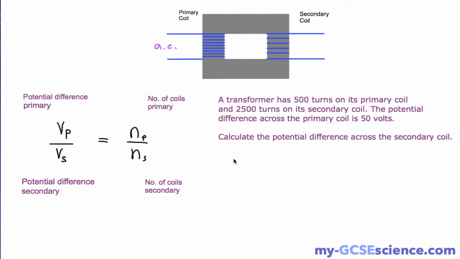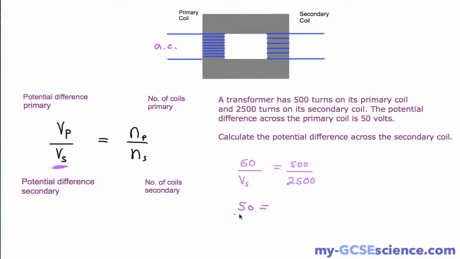So if you want to, have a go at this yourself now. And then I'll go through the answers, but if not, I'll just go through the answer now and you can see how it's done. So all we do is we plug in the values into our formula. So what is it we are trying to find out, which is the potential difference across the secondary coil. So this is what we're trying to find out. So we can plug in the rest of the information. So we have 50 volts across the primary coil, so it's 50 over something we don't know, equals the number of turns in the primary coil, so it says 500 over 2,500, so then that is simplified to